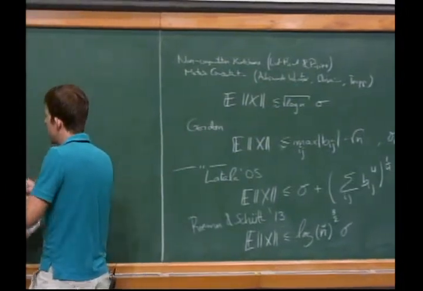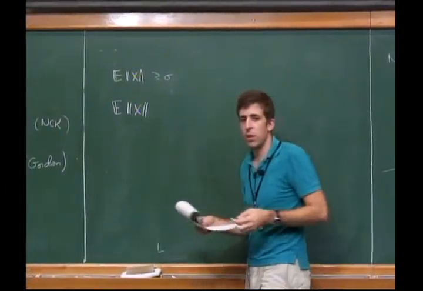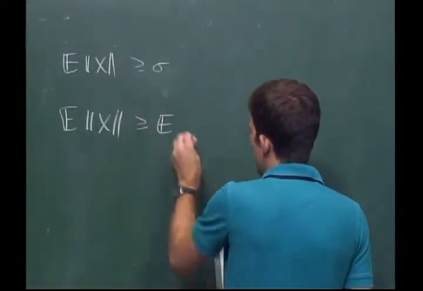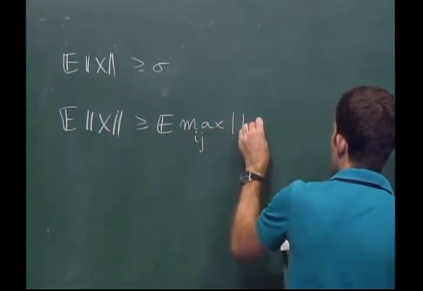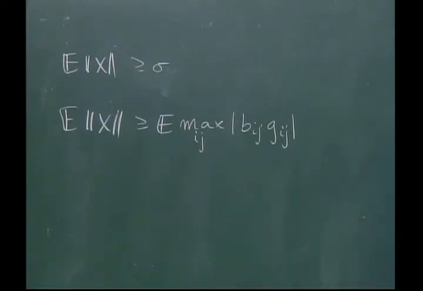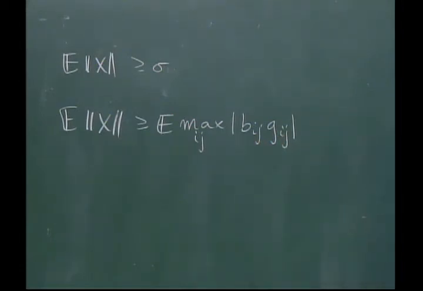On the other hand, the expectation of x also needs to be bigger than the largest entry. So it needs to be bigger or equal than the expectation of the max over ij of bij gij. Okay? So as long as there are enough bij's, like a polynomial in n number of bij's,